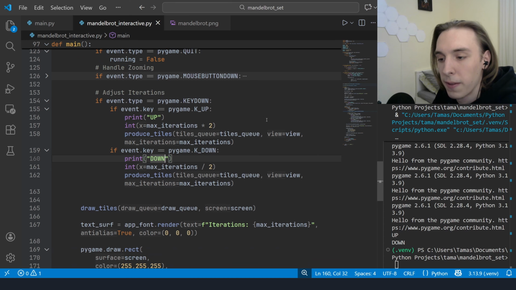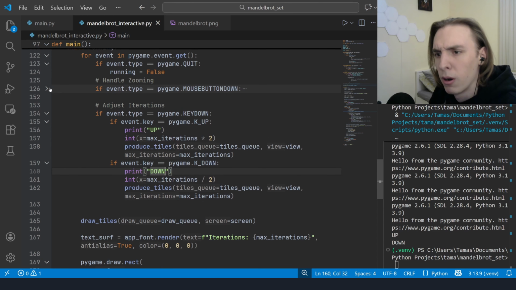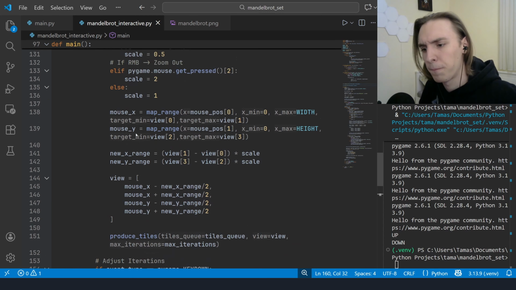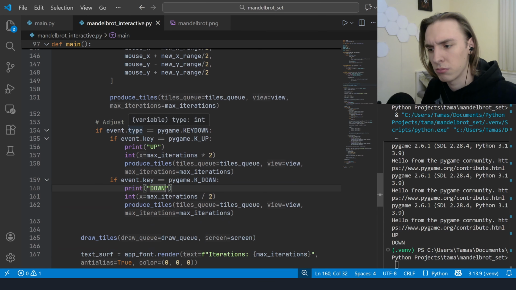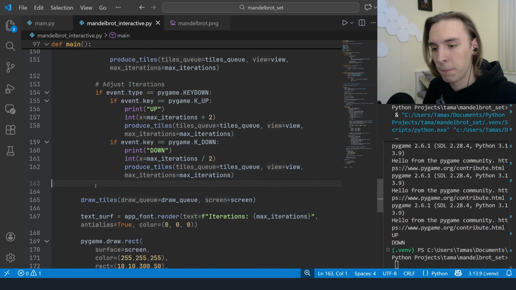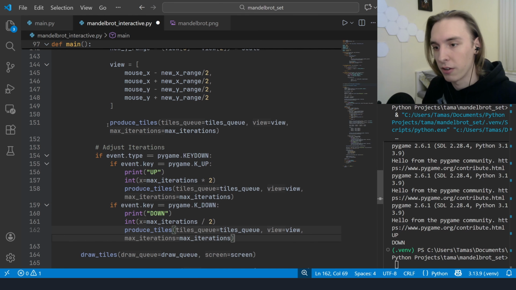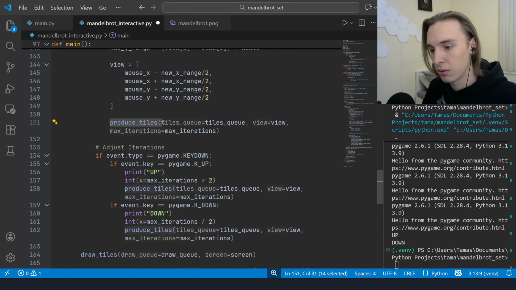Why do you not want to produce me new tiles? Is my question. I mean, it works here. If I zoom, then I call produce tiles and